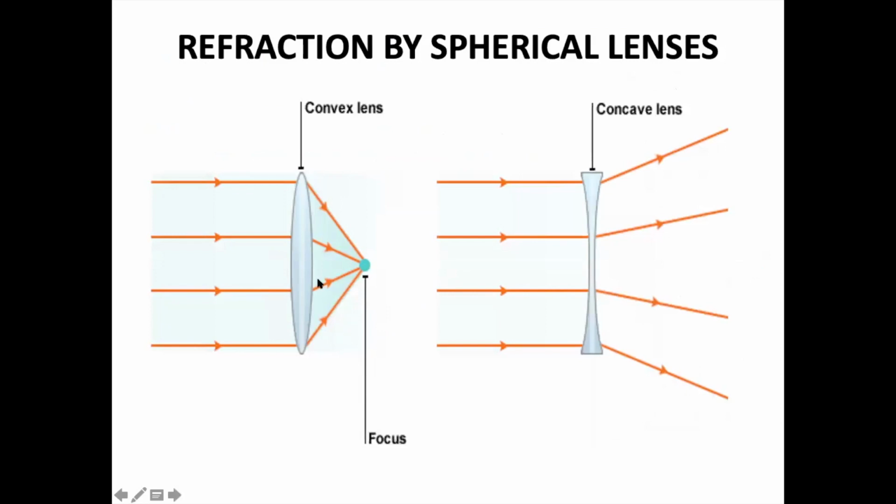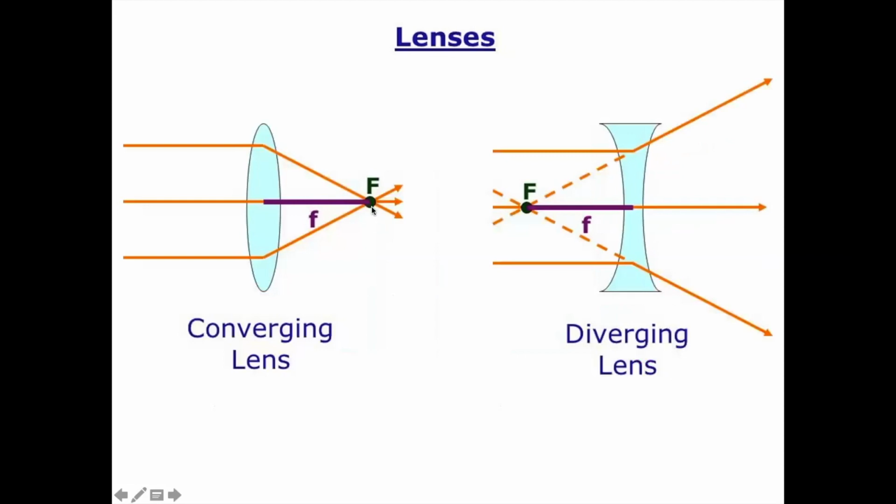Convex lenses are called converging lenses because when parallel rays of light pass through, they converge and meet at the focus. They have to go on the other side because light is going to pass. And when parallel rays of light pass through the concave lens, they diverge. They are called diverging lenses. This is a focus, the point at which all the rays parallel to the principal axis meet. And these are diverging, but if I extend them on the back side, they meet. It is called a focus.